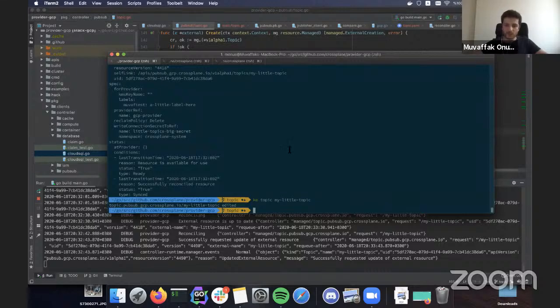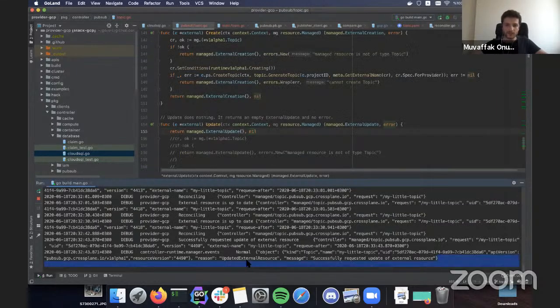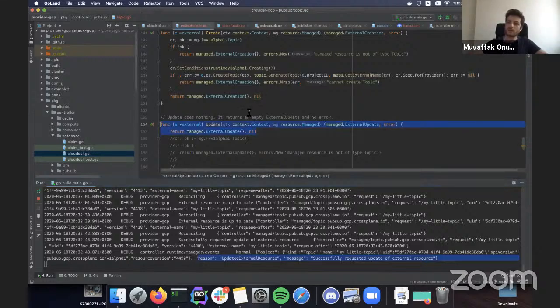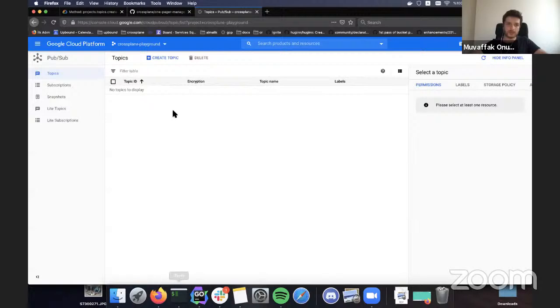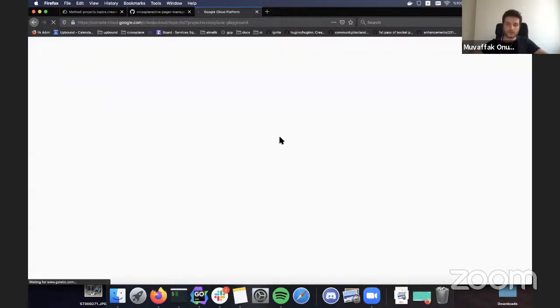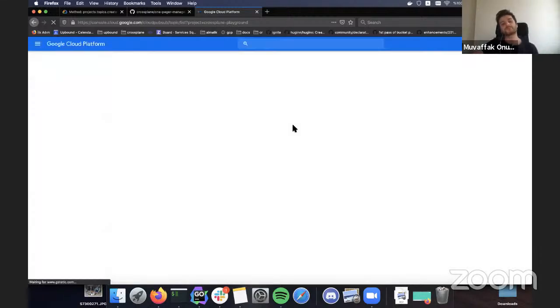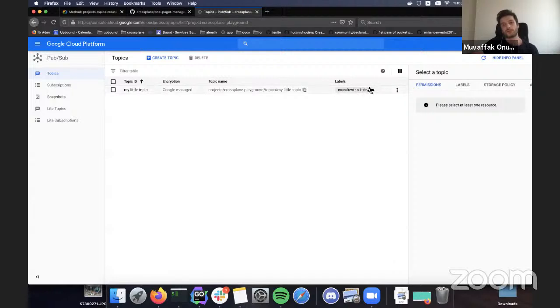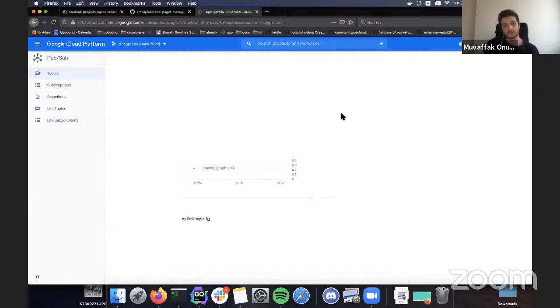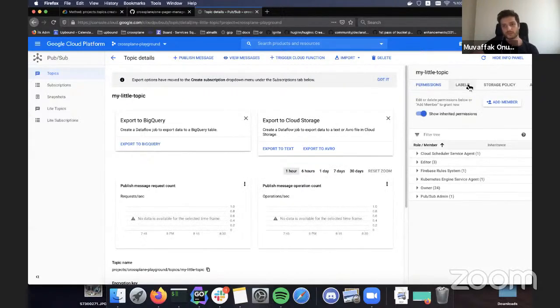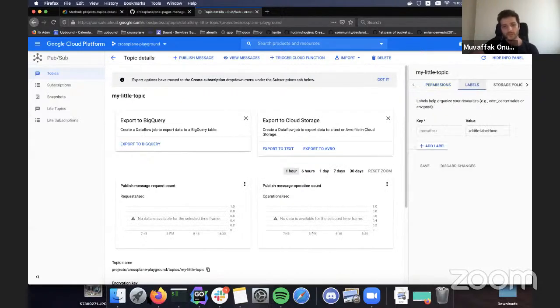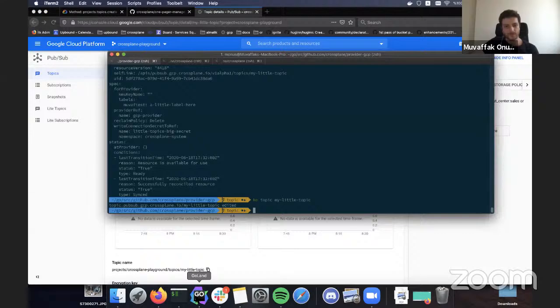See, we say successfully requested update of the external resource, which means this is called, but it just returns nil. So when we refresh the page, okay, you see there is only one label here. Let's see in the details to prove I'm not lying. Yeah. Cool.